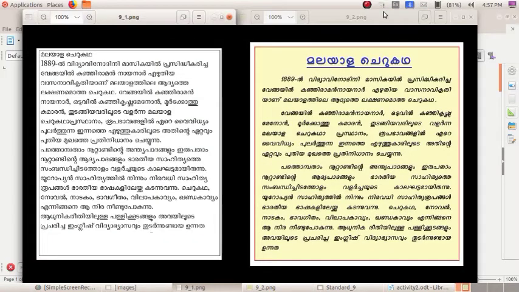Can you say the changes? Yes, the font size and font family is changed, isn't it? By looking at it, you can understand it very easily. Then the spacing between the paragraphs. This is a simple one. This is separated into paragraphs and it provides a space between the paragraphs.